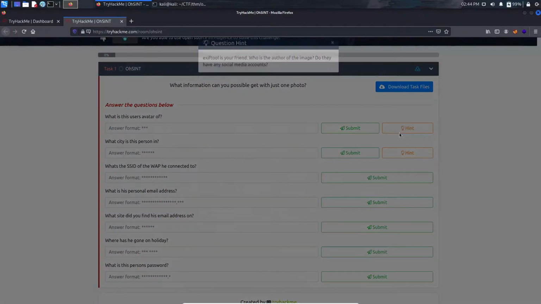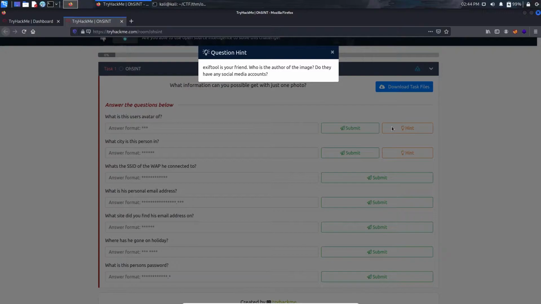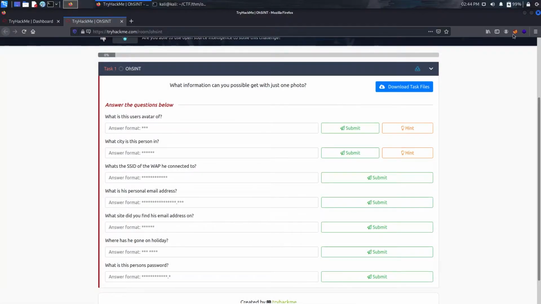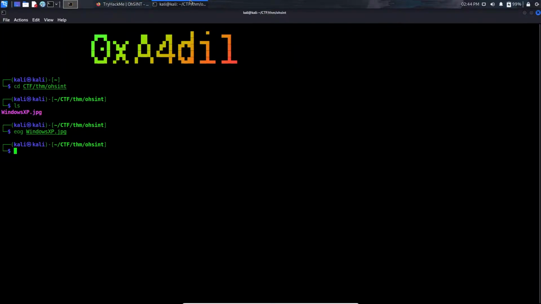So we can just go for the hint once. In this case it shows us using an EXIF tool, which is our friend. If you don't know about EXIF, it is a tool used to extract metadata of an image, which contains details like geographic locations, the user whose camera or device has been used, the MAC address, the modified time and some hashed values. And it can further be modified to store more data in it.